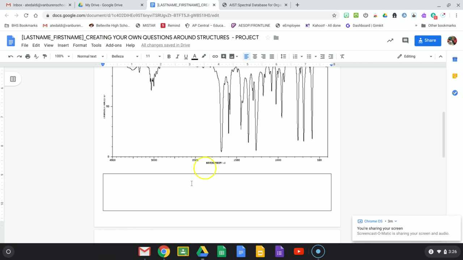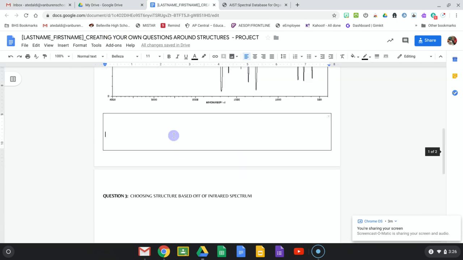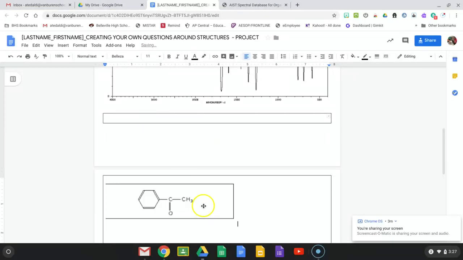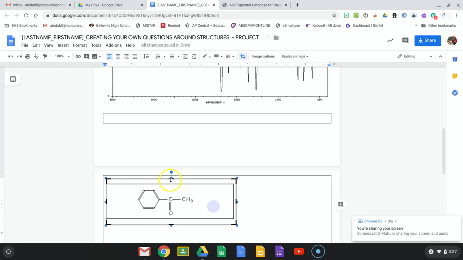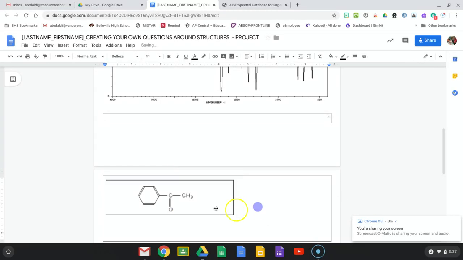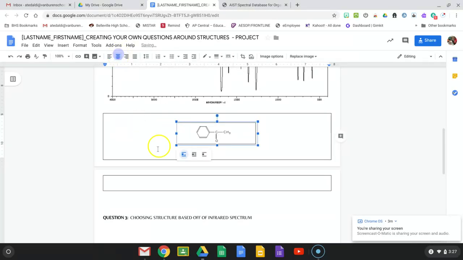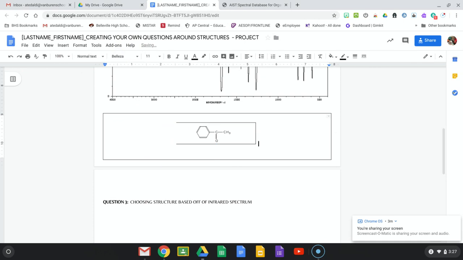And when you do your answer key, this is not your answer key, but when you do your answer key, you could just make a copy of this page and make it the answer key, and then you could just post the answer right there for me to have, okay? And I'll just format that to make it look smaller, and that's what you could do. All right, and so it could fit right in the range of the first page. And then for the next question that you're going to do,